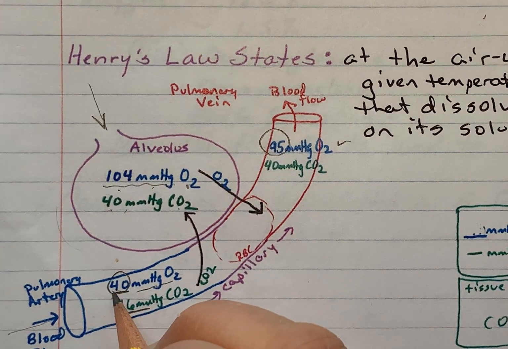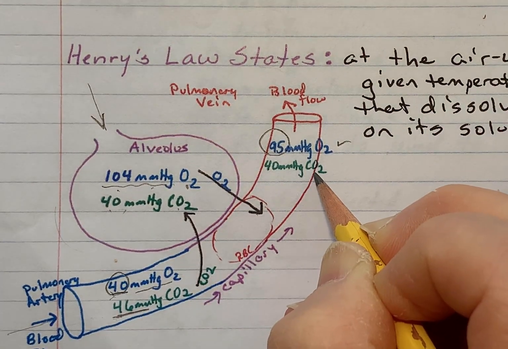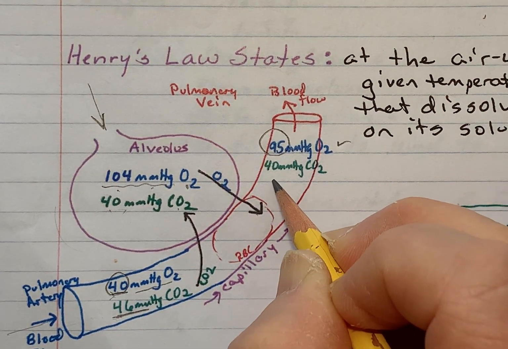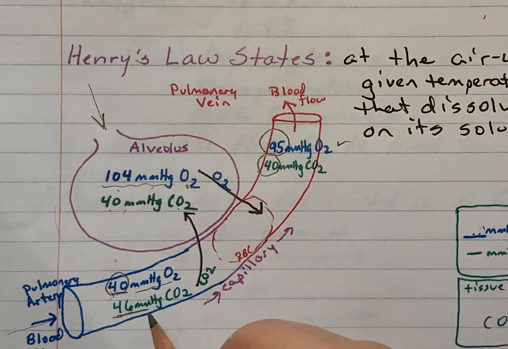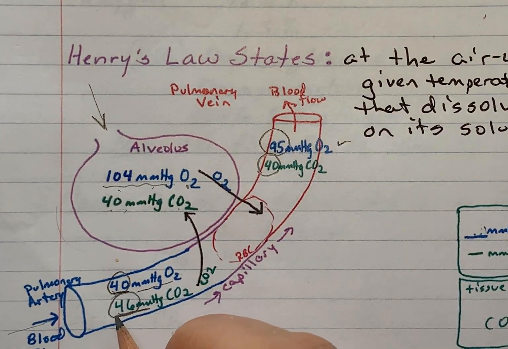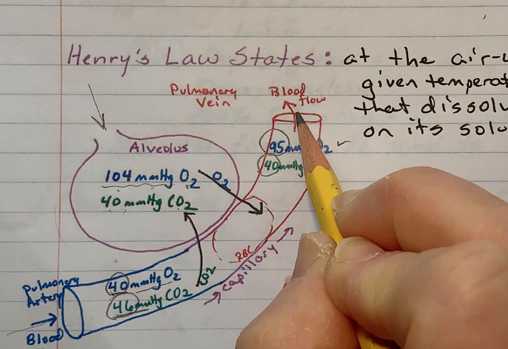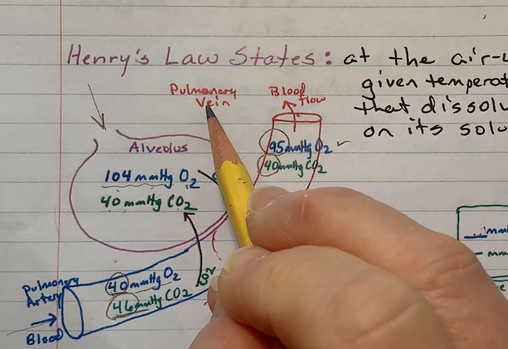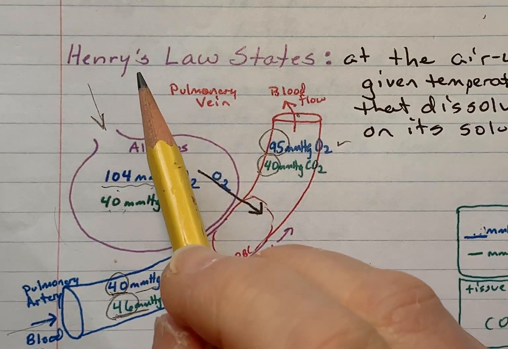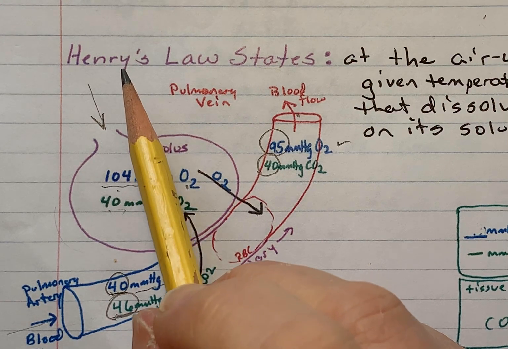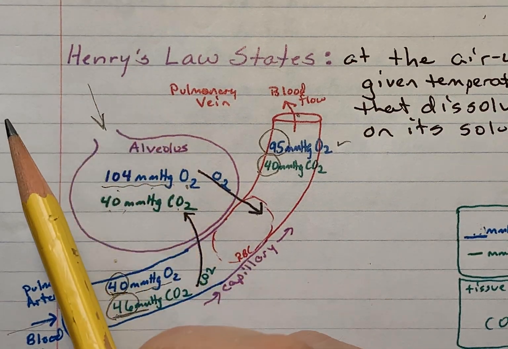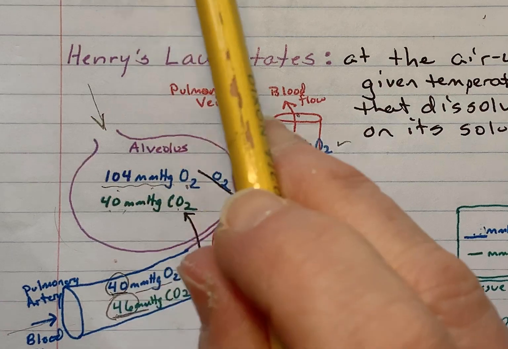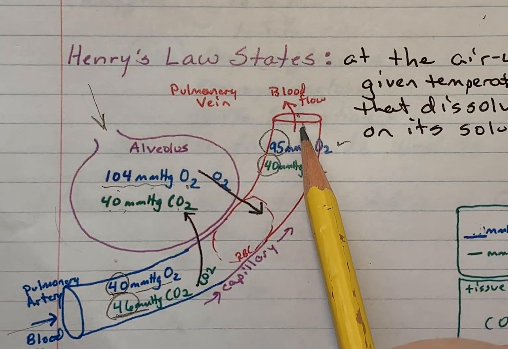Down here it was 40. The carbon dioxide has decreased to 40, and it was 46. So now this is oxygen-rich blood. It's going to flow back through the pulmonary vein to the heart, make it to the left ventricle, to the aorta,